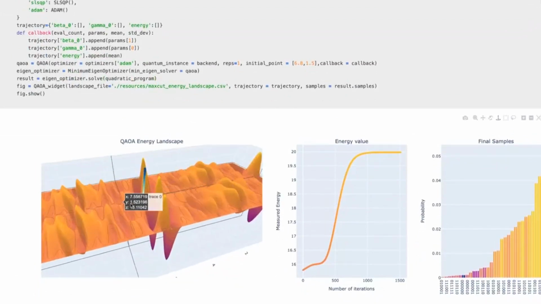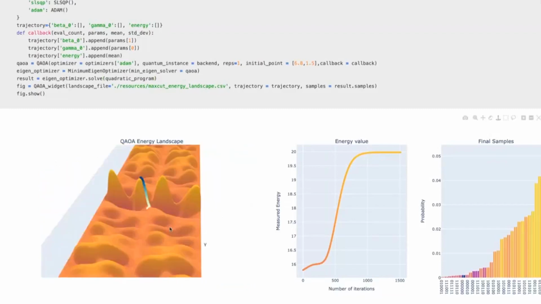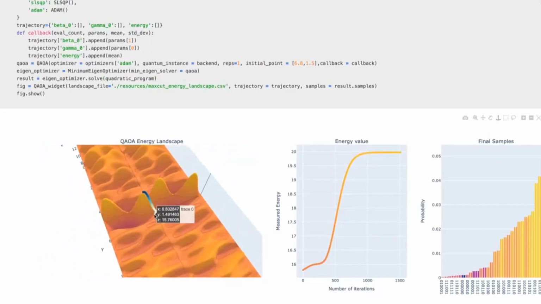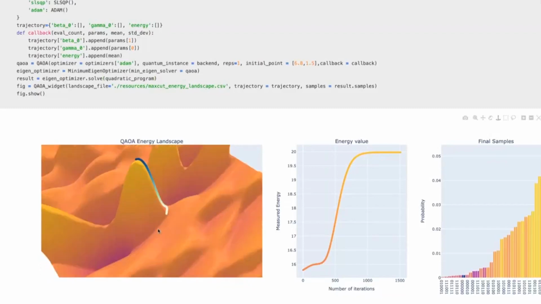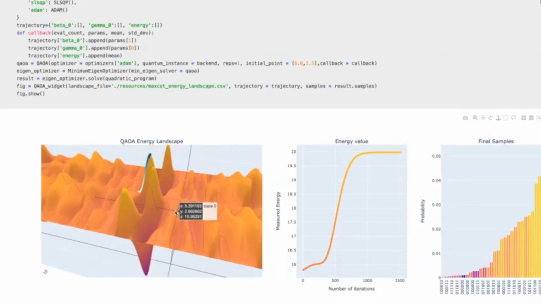You can also see that on this optimization landscape, we've plotted the optimization process. I've already run this optimization with the ADAM optimizer, starting at a point located around here. And you can see how the optimizer, maybe if we zoom in a little bit, finds its way up this hill and actually to the global maximum,